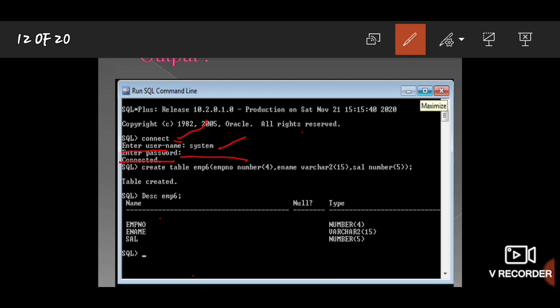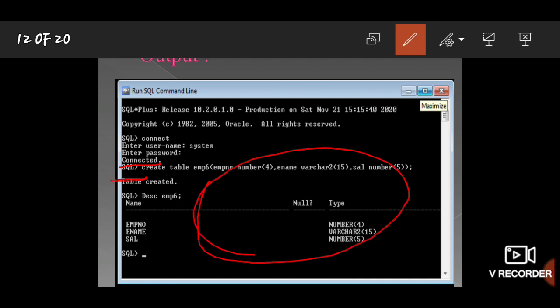You won't see the password in letters, but you type it on the keyboard. After typing it, if you click enter, it will give a message called connected. After that it will show SQL, and after typing all these you will get this output.